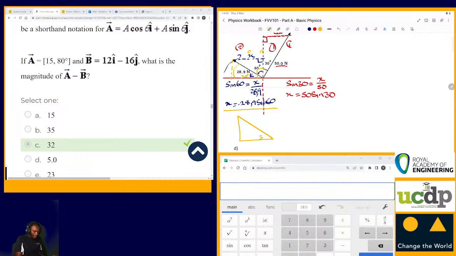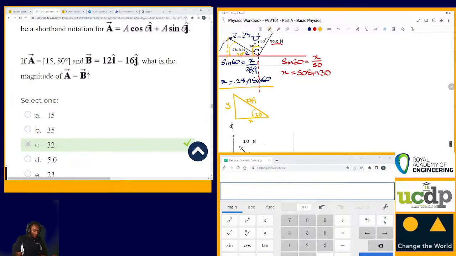And this is 30, this is y, this is x, and this is 28.9, right? Then to find x, this is going to be adjacent and hypotenuse, so it's going to be cos. So it will be cos 30 equals adjacent x over hypotenuse 28.9. So our x is